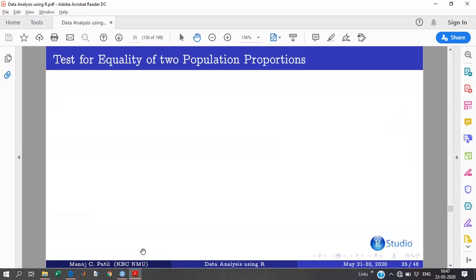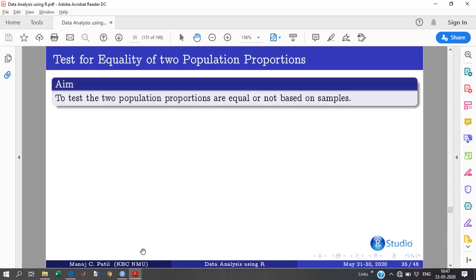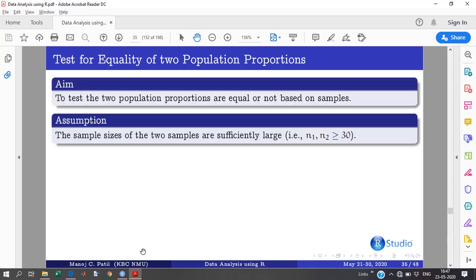Moving forward, test for equality of two population proportions. Suppose there are two treatments, and we are dealing with two groups, and we want to check whether two population proportions are equal or not, based on the samples. Assumption: the sample sizes of the two samples are sufficiently large, n1, n2 greater than or equal to 30.